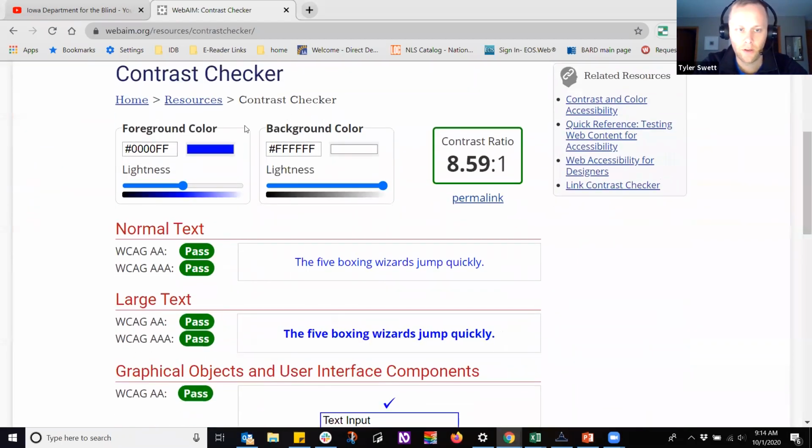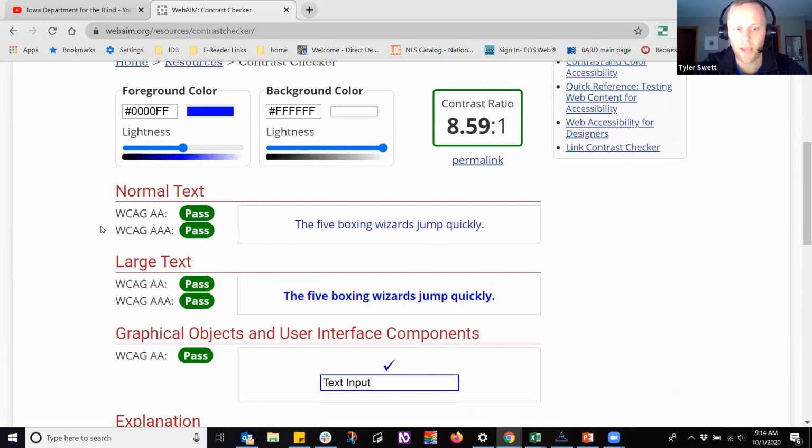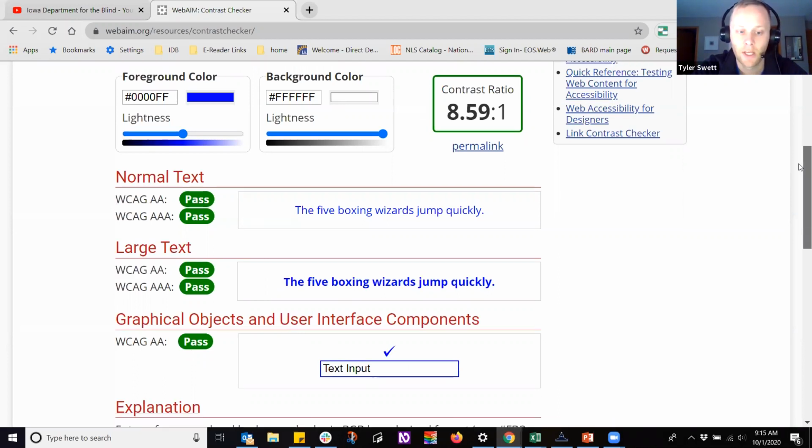So from here, you have foreground color and background color. So treat foreground color like your text color if you want, and then your background color. What I like about this is if you go down here, it gives you WCAG scores for normal text, large text, and then if you're using a text box, like a selectable text box. So if you don't know what WCAG is, the short answer is it's sort of the standard for accessibility on websites. So it's sort of a great system that's been put in place to help discern what is accessible and what isn't, especially when coming with